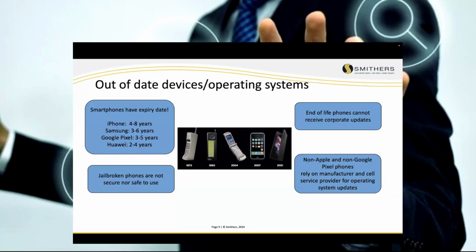So it's compounded by the fact that the update and the software and the preloaded apps that are installed also come from the cell service provider. So whether it's AT&T, T-Mobile, Cricket, you pick it. The problem with anything other than Apple or Google Pixel is the manufacturer has certain parameters on it and the cell phone service provider has certain parameters. So the only time those phones get updates is when the manufacturer and the cell phone service provider get together and agree to those updates. So their updates are not quite as frequent.